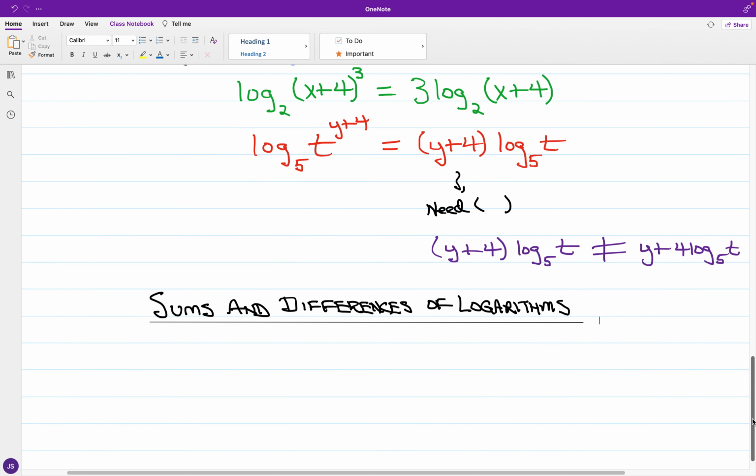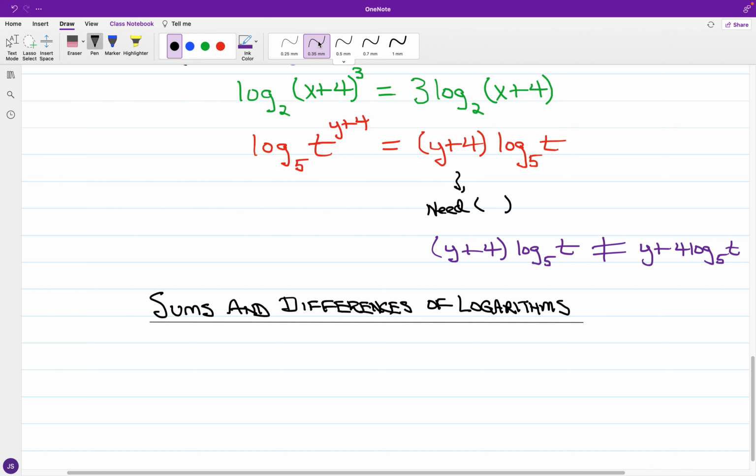So, regarding sums and differences of logarithms, we say we have a base A logarithm